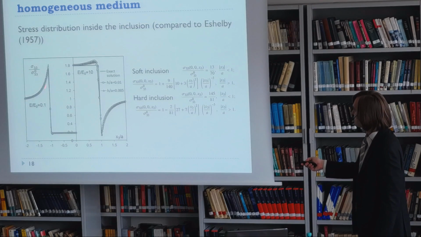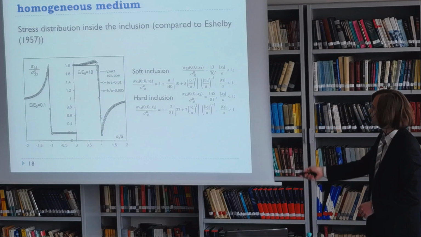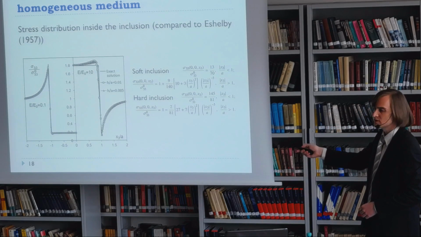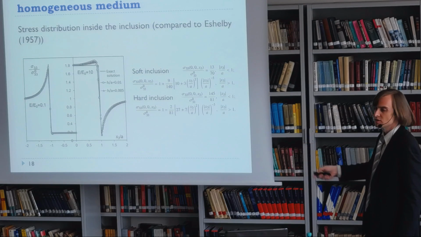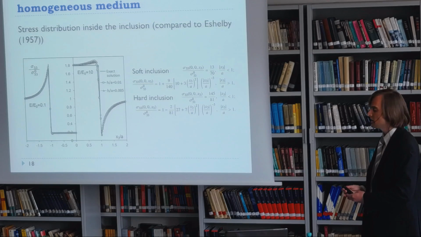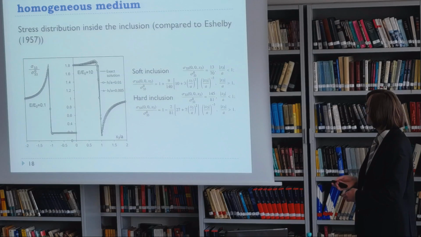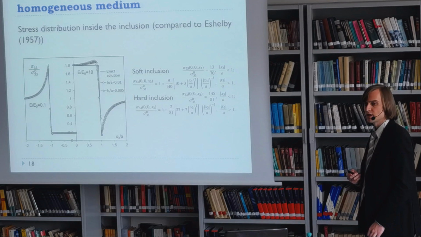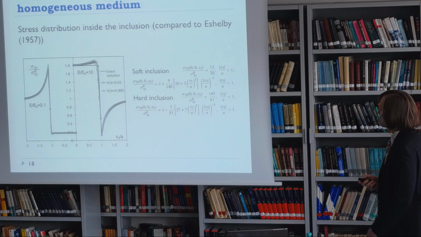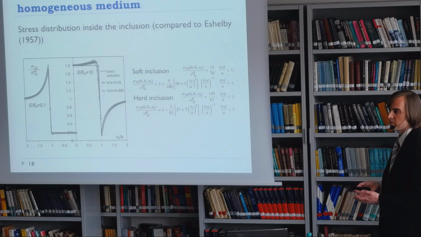But yes, it has also shown us good convergence for both hard inclusions, where the inclusion is harder than the matrix, so its Young modulus is bigger, and for soft inclusions with smaller Young modulus as well. So the result is quite alright. These are the basic examples we have solved in order to prove that the method might be applied for some simple problems.